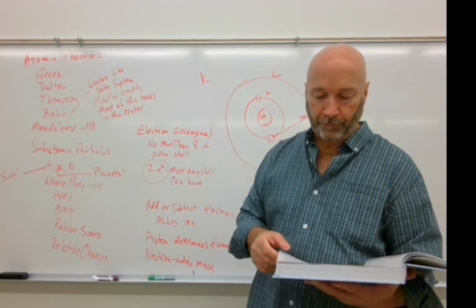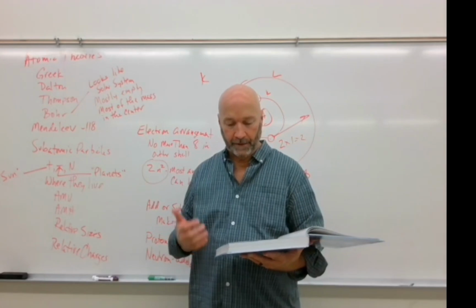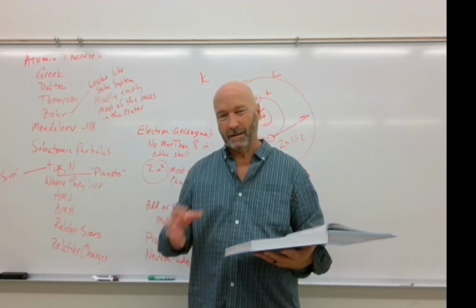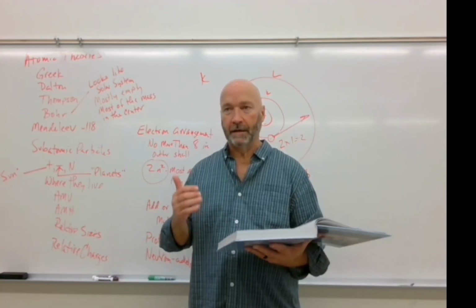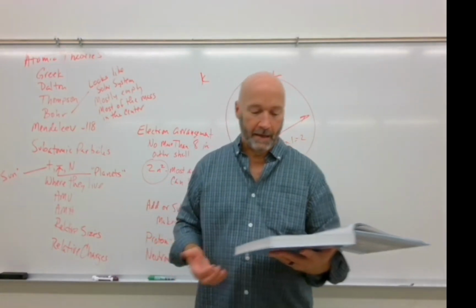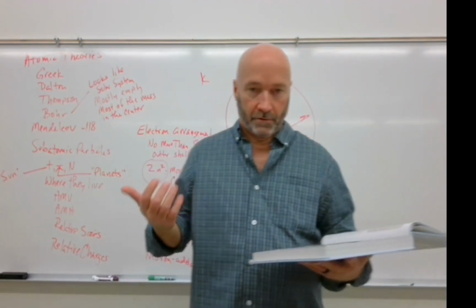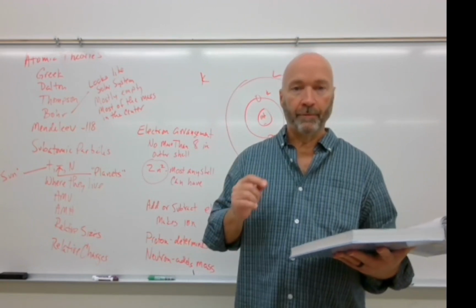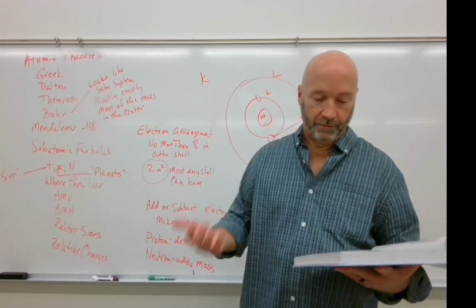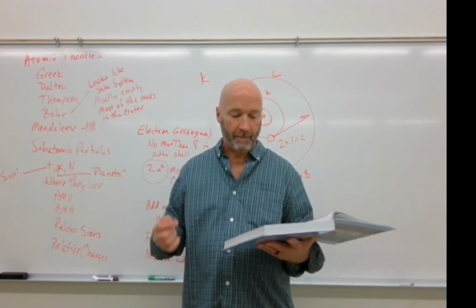But if you look on page 43, you've got isotopes. We're going to run through some definitions. An isotope is an atom that has the same atomic number. Sometimes whenever you're reading through definitions, take a break partway through and identify exactly what's being asked. Isotope, atoms that have the same atomic number, stop. What is the atomic number? That is the number of positive charges. Number of positive charges means number of protons. All right, so they have the same number of protons, but a different atomic mass number.